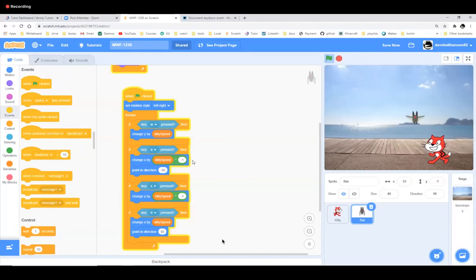So if I hold both the W and the D key, then it's going like, okay, change Y by kitty speed. And then it goes down and it asks and it asks and it sees the D and it says, okay, change X by kitty speed. You see what I mean? So every single time he flaps its wings, it's going to do whatever is in here that I told it to do. And if I'm holding down 2 keys, then guess what, you guys? It's going to end up running 2 blocks of code. It's going to run this one and it's going to run this one also. Okay, nothing's going to get interrupted or anything like that.